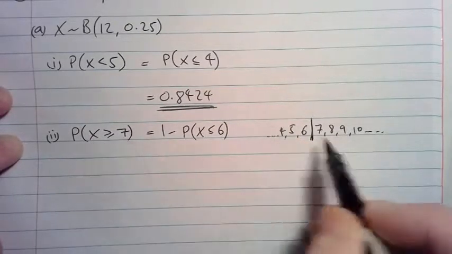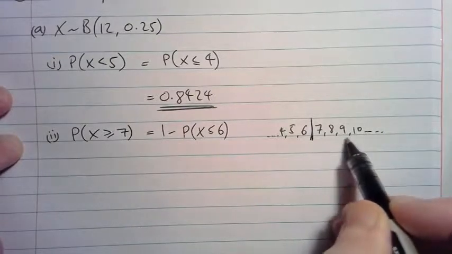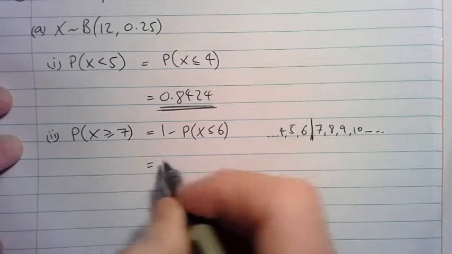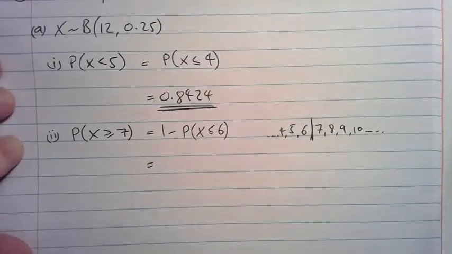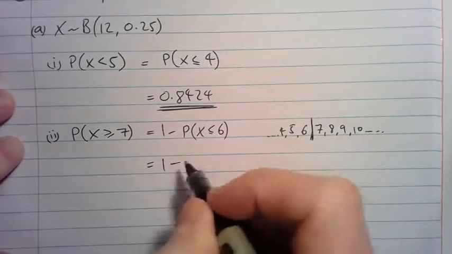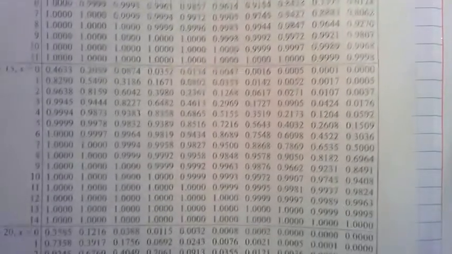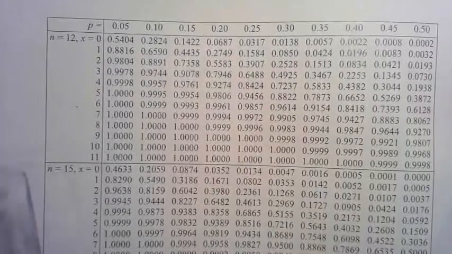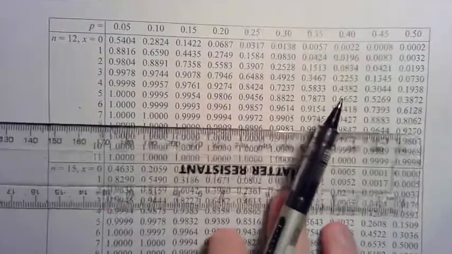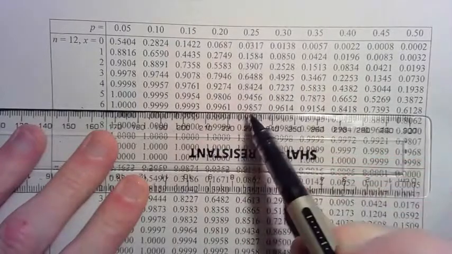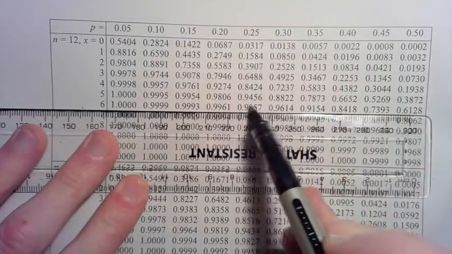So the probability that x is greater than or equal to 7 will be 1 minus the probability that x is less than or equal to 6, because total probabilities add up to 1. Okay, so probability that x is less than or equal to 6. So this time we're going to get the table again. Get to the right table. n equals 12. Row 6 this time. Make sure we're still in the column 0.25. And so this time then the cumulative probability is